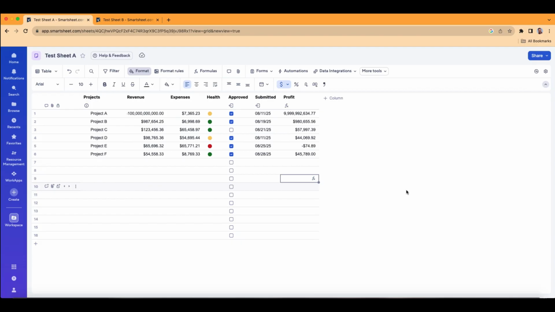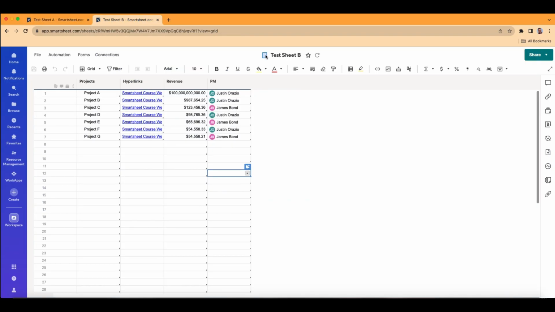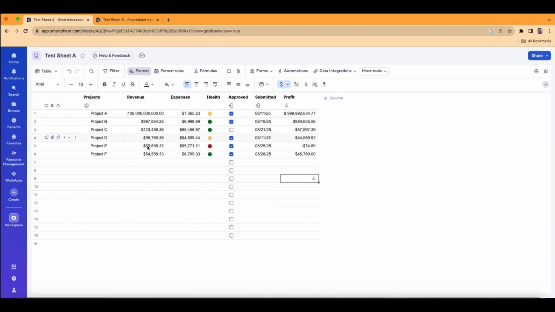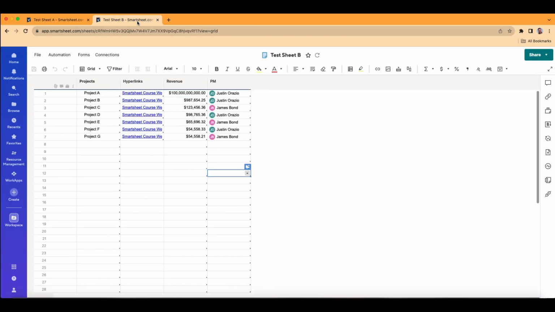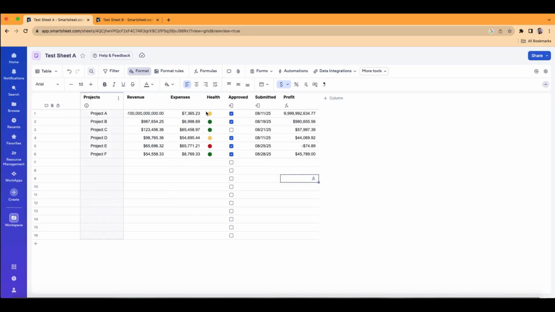Data linking. What we're going to do is link data from another sheet in real time to this sheet right here. And anytime data changes in one sheet, it automatically updates the data in this sheet for us in real time. So we have here test sheet A, and I have another sheet here called test sheet B, which is in grid view. And let's say I want to use the numbers from this revenue from test sheet B to populate and replace the data here in this revenue. So I'm going to go over to my table view,